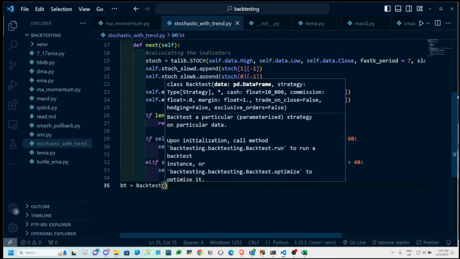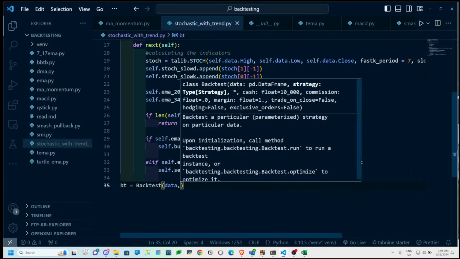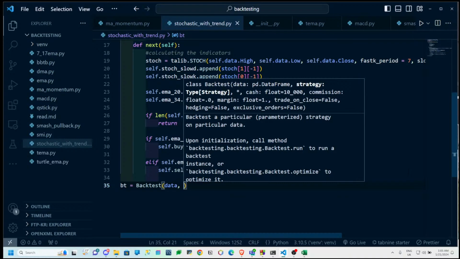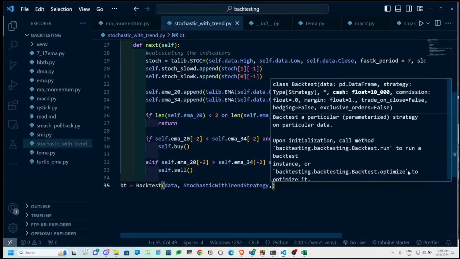What are you gonna backtest? You're gonna backtest the data, and well, we didn't get the data yet, so let me just set this up. I'm gonna say the data with the trading strategy that I just initialized and cash of 10,000, commission of,